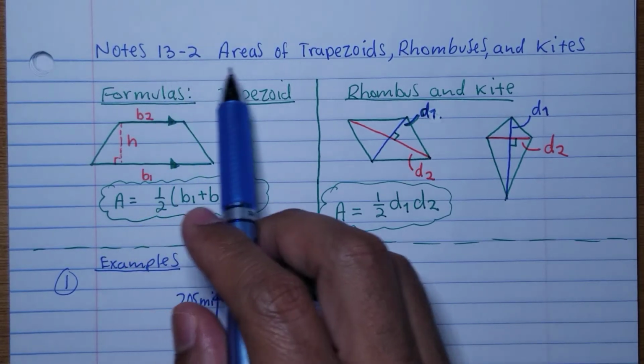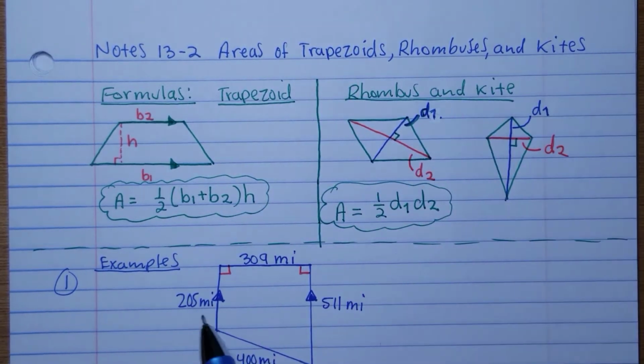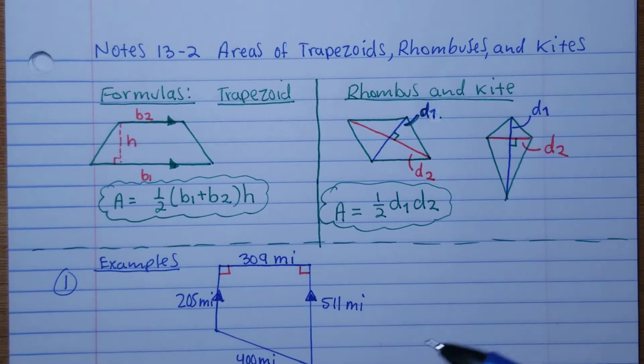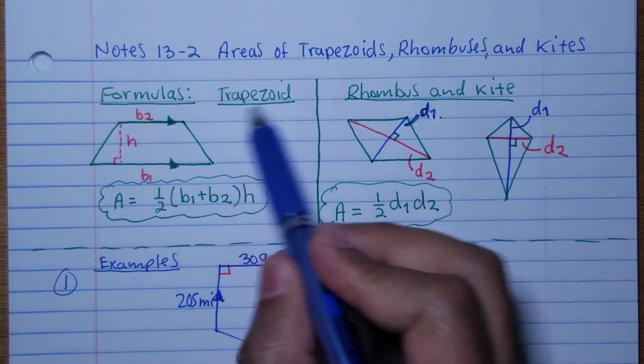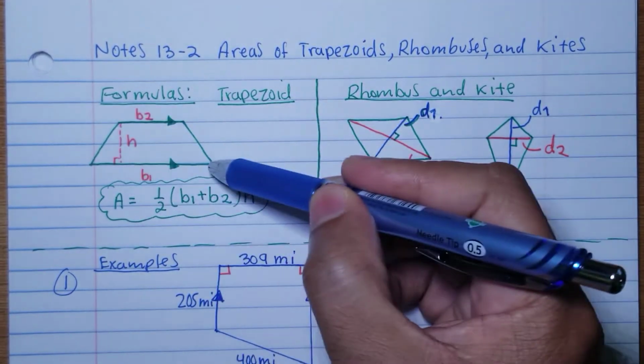This lesson is going to cover how to find the areas of trapezoids, rhombuses, and kites. If you want to pause the video, just copy up to this section here, and then you may press play. To find the area of a trapezoid, we need to have the height and the two